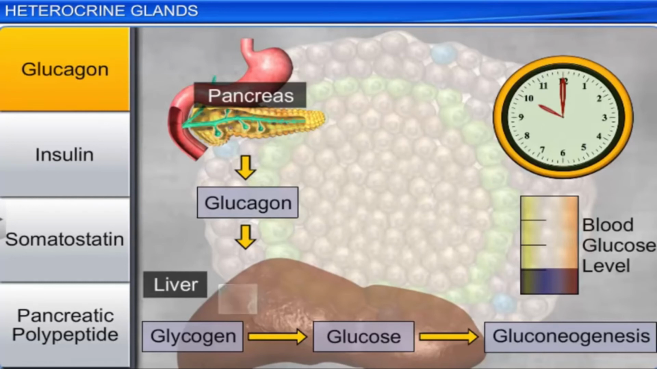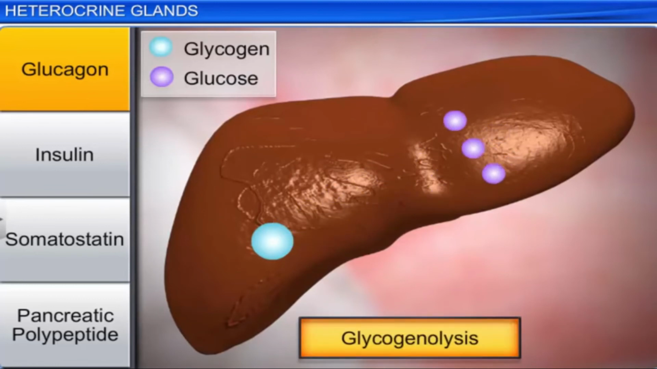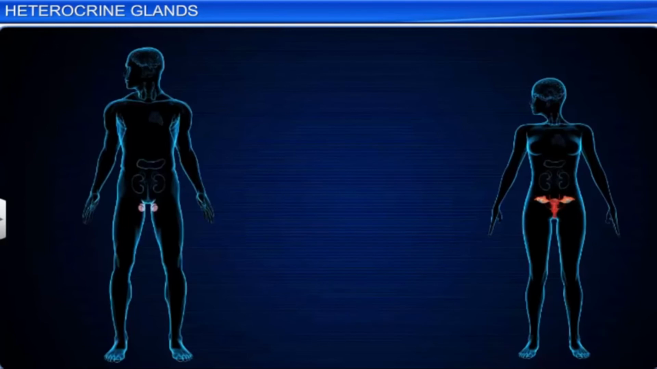The breakdown of glycogen into glucose in the liver is known as glycogenolysis, whereas